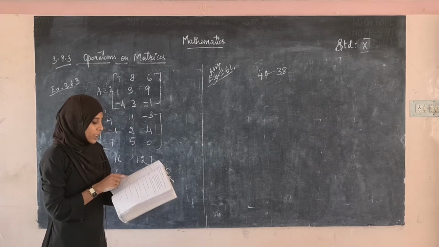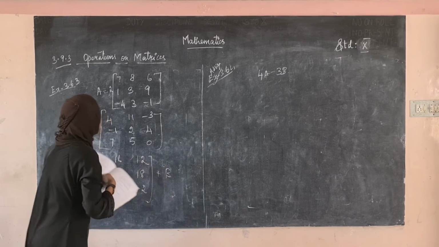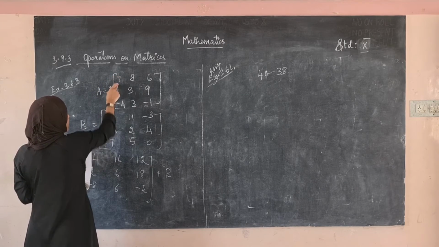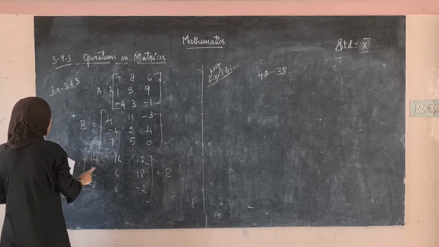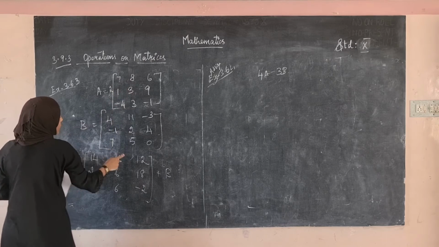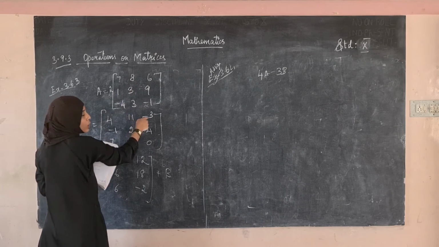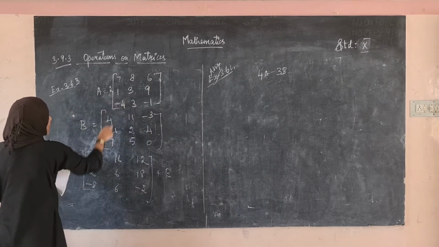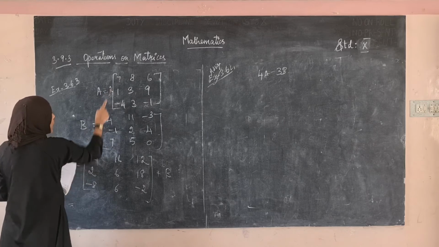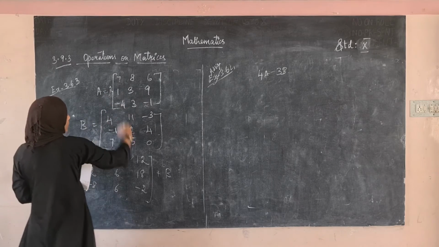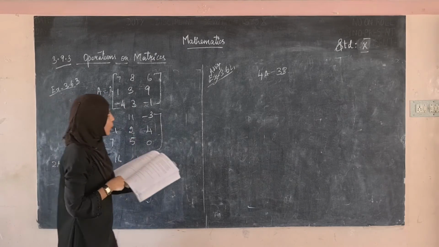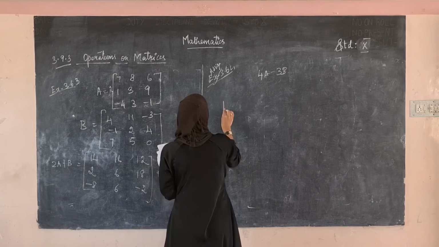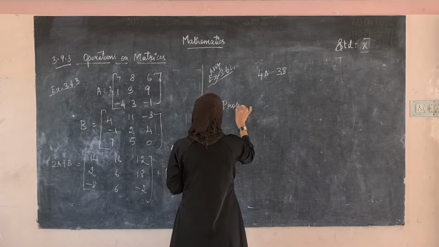And again, since they have given minus, you have to subtract these elements from these. That is 7 minus 4 will be the first element. Here 8 minus 11 will be the second element. 6 minus of minus 3 becomes 6 plus 9. And here 1 minus of minus 1 becomes 1 plus 1. Like this we have to do. So this is the assignment for you. 3.64 is the assignment for you. And again see, they have given some of the properties of matrices.